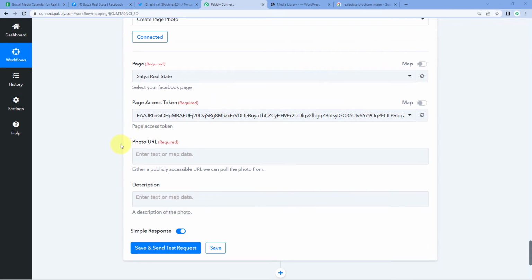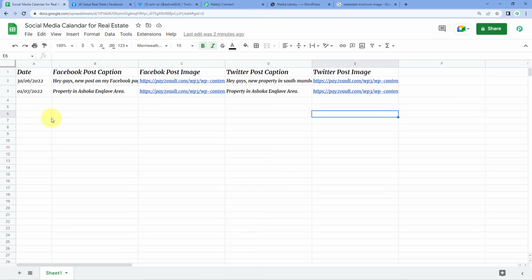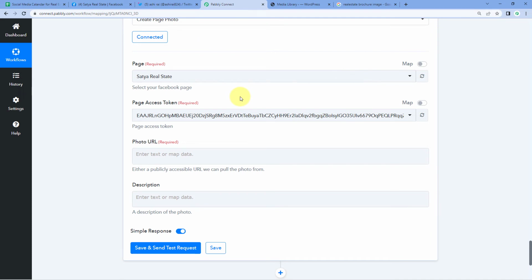Then after that, it is asking us photo URL. So basically here we have to enter the image URL which we want to share with our Facebook post. So basically we have to enter the URL or the link of the image which we want to share on our Facebook page. So we have entered the image URL in our Google Sheet and we have received the Google Sheet response inside Pabbly Connect. And using Iterator, we have also extracted that data in row-wise format. So to map the photo URL over here,